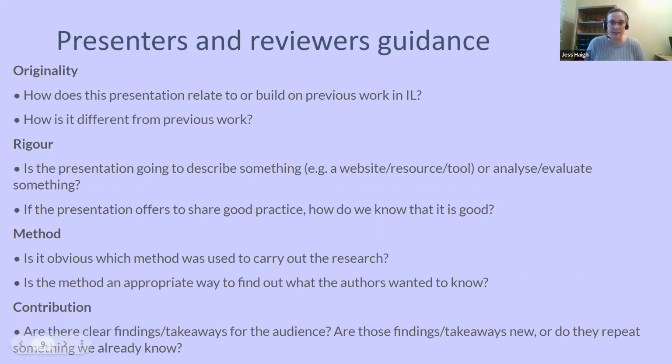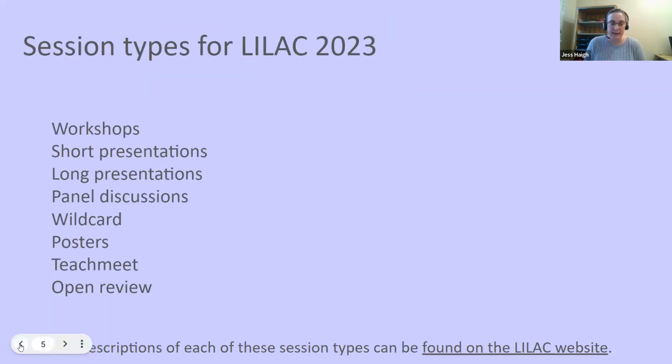So if we go back to the types of presentation that we're looking for this year. In previous years, last year, for example, in Manchester, we had to slim down the conference a fair bit owing to the number of delegates we were allowed to have. So this year, we've really opened up the kinds of presentations that we're looking for. These can include workshops. So a workshop is something that might include active learning, active teaching.